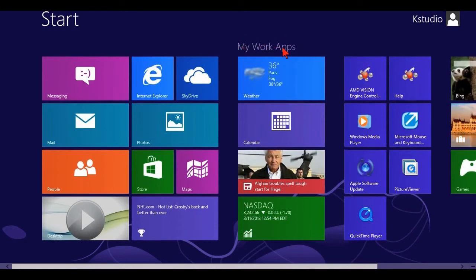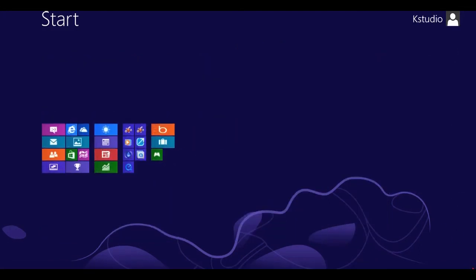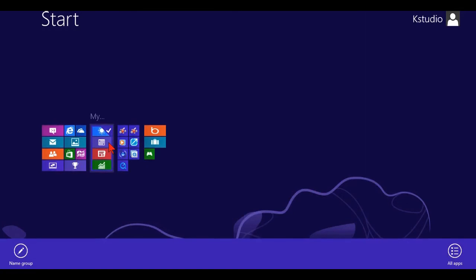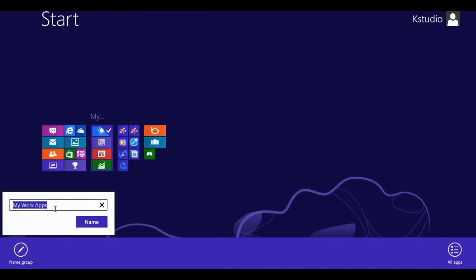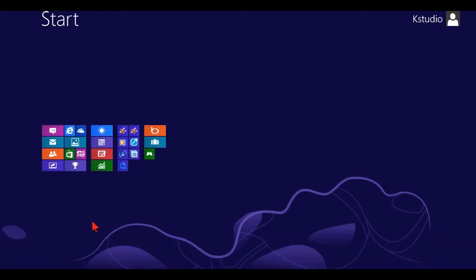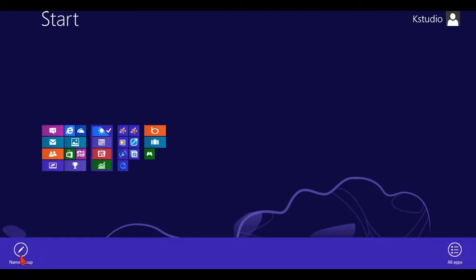Well, what if you change your mind? Okay, we'll zoom back out. I'll use the little minus sign in the bottom right-hand corner, right click on the group, and you just go back down to name group. And here you could change the name, or maybe you don't even want a name any longer. You just hit backspace, you hit name, and the name is gone. So it's very simple. Simply right-click, name the group,